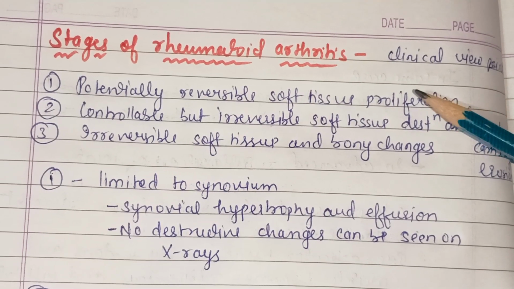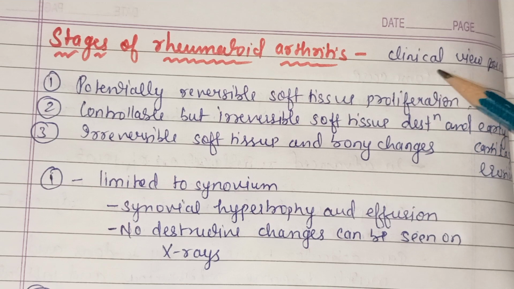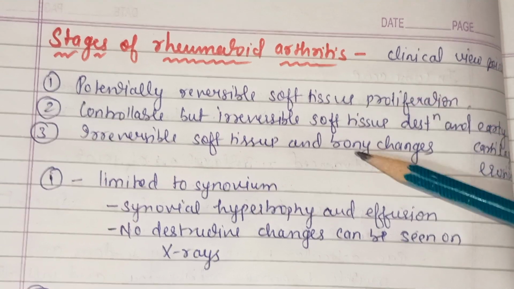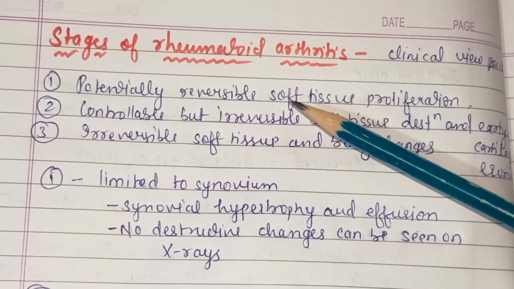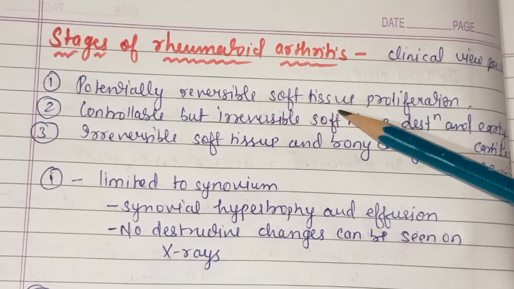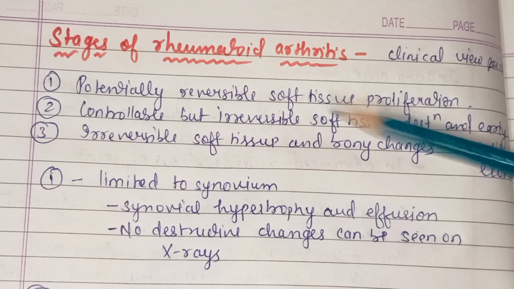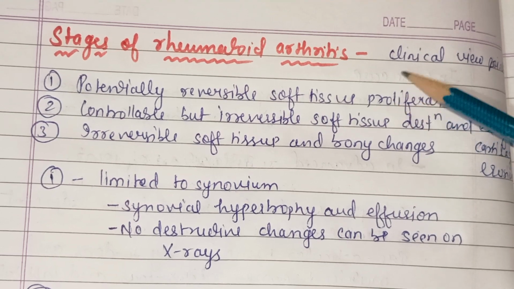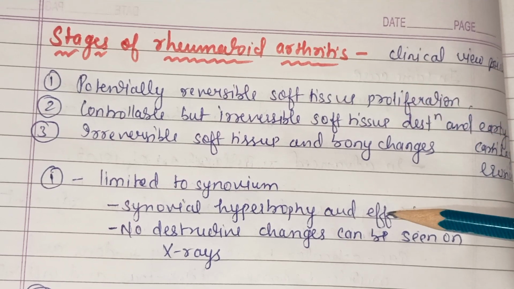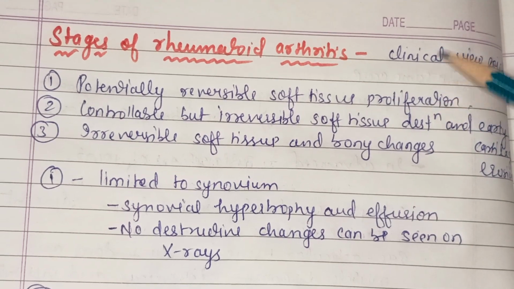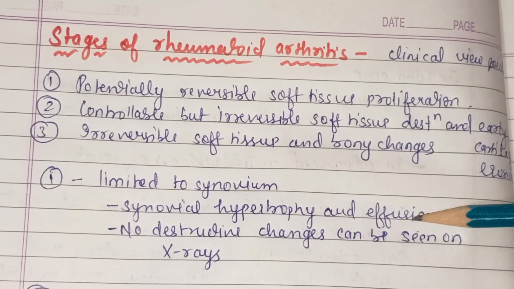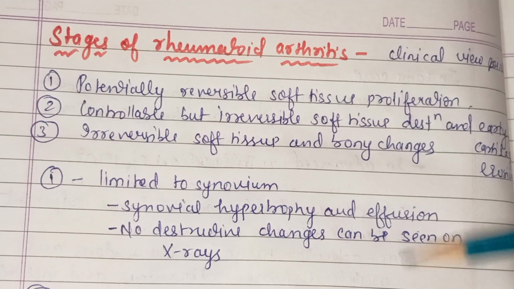Here, the stages of rheumatoid arthritis. From the clinical point of view, there are three stages. First is potentially reversible soft tissue proliferation, which is limited to synovium, with synovial hypertrophy and effusion. No destructive changes can be seen on X-rays, and